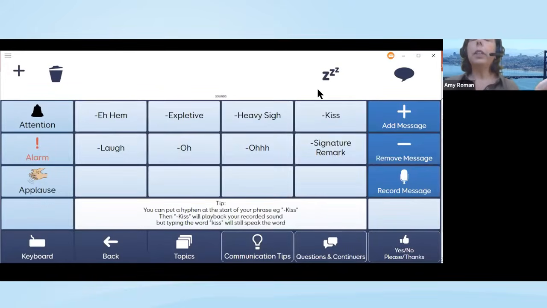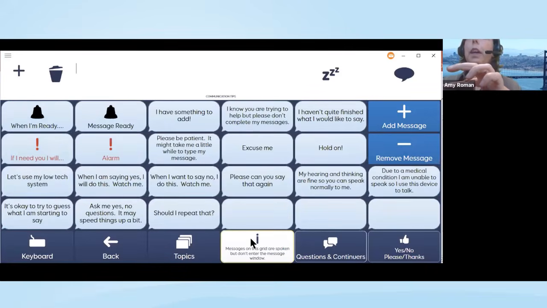Let's take a look at communication tips. Again, this is something that I've really been helped with over the years by the clients and caregivers that I work with, and they've filled me in on some of the things that would be helpful. So, you know, these are powerful communication tools. These allow you to kind of control communication with other people. For example,